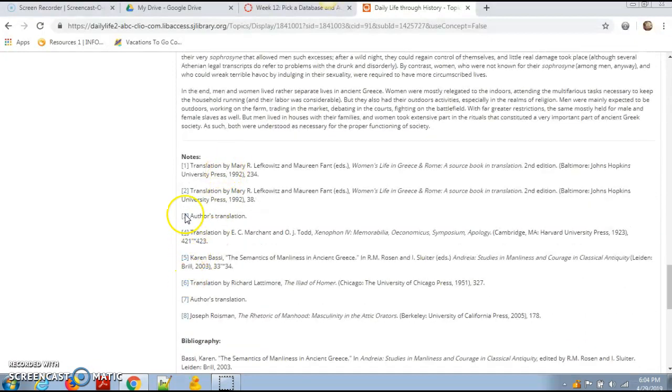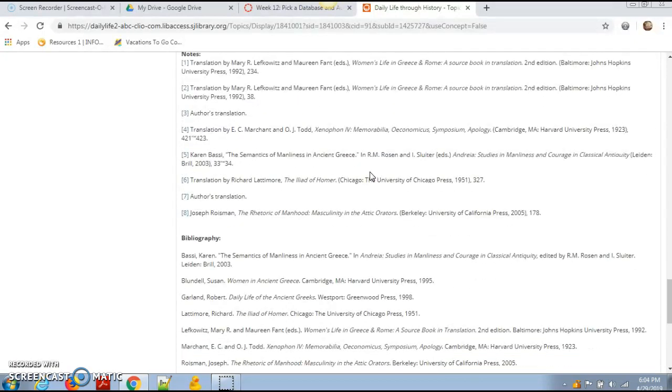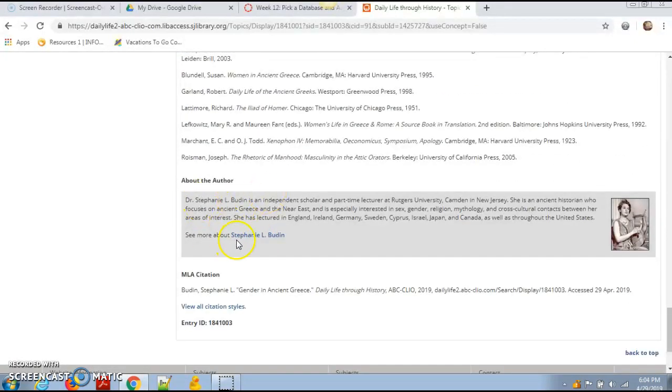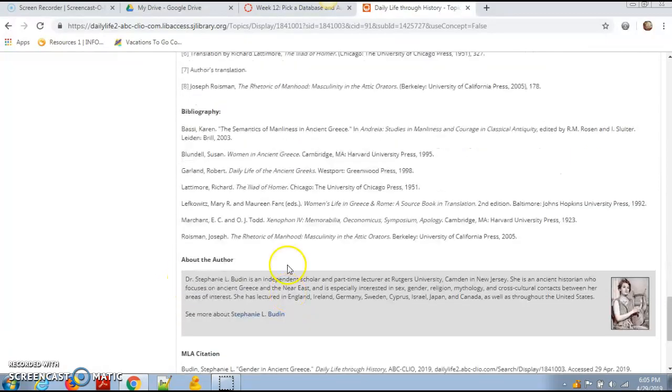So we have our notes down here, where they came from, which would lead us to further study if we were interested in gender studies in that time frame. Then we have the bibliography. So this gives us information about the author, Stephanie Boudin, and her credentials. So that definitely is helpful, knowing who is providing this information. And again, very helpful. It always has the citation at the bottom. Now this is MLA, so you can view all citation styles